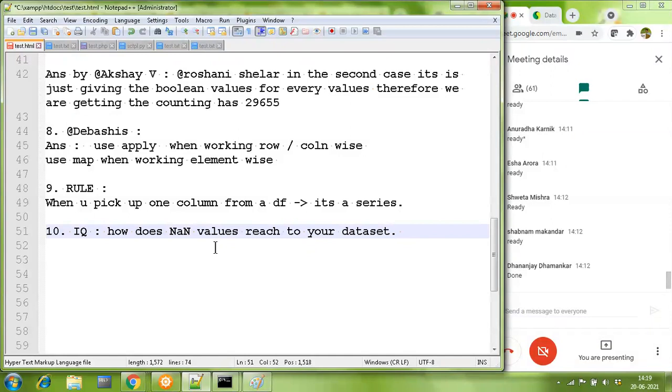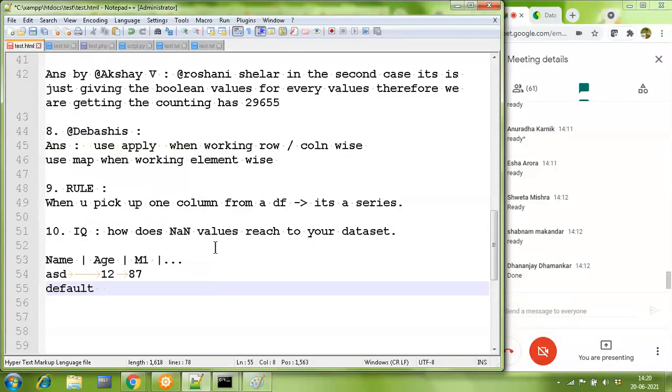I can appreciate that. Say in a school database there was a column called name, then a column called age, then subject marks, let's say mark 1, mark 2, and so forth. Some data entry operator was entering ASD as the name of the first student, then his age as 12 years, and his mark of first subject out of 100 as 87. For the second student, DEF, he mistakenly entered the age as minus 13 years.